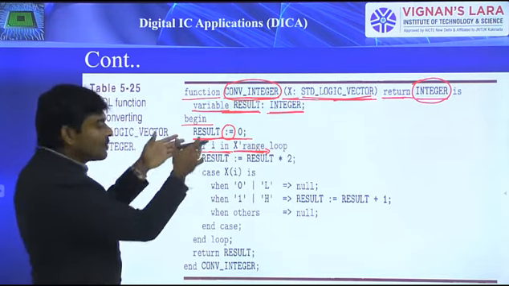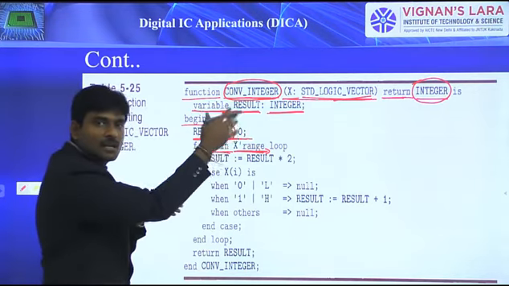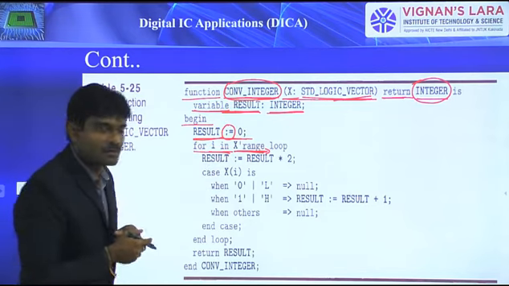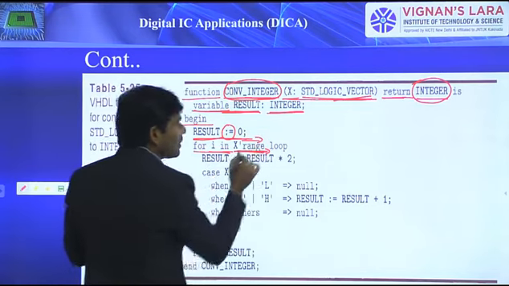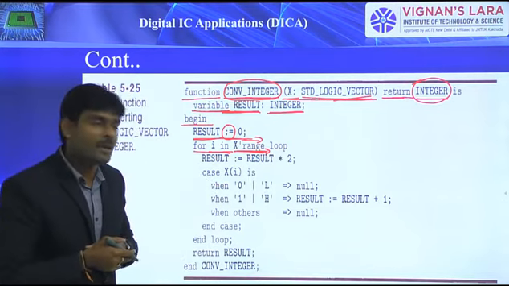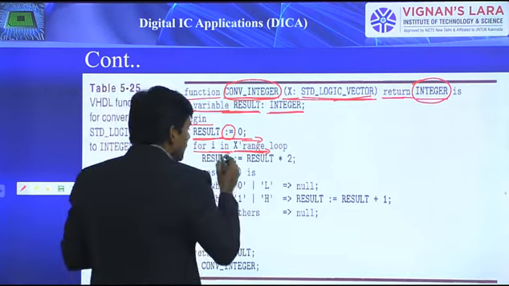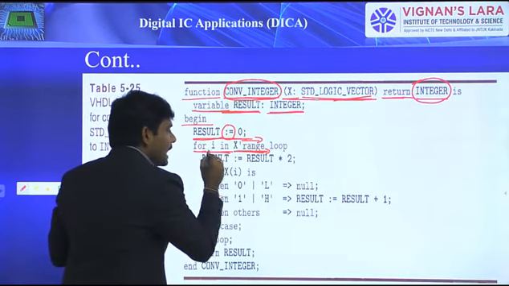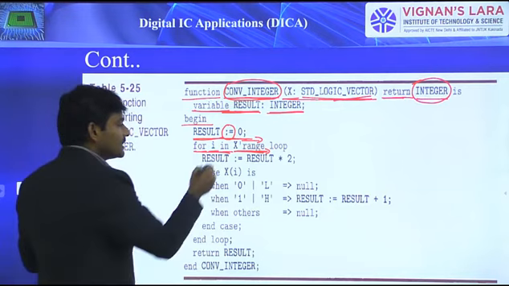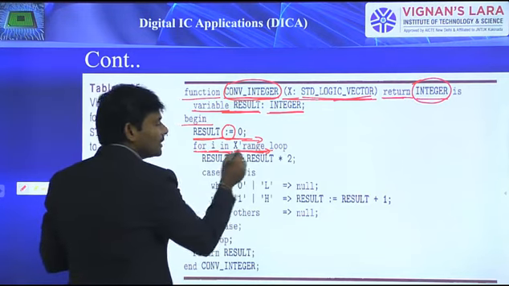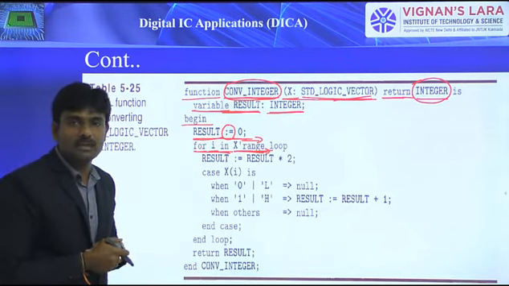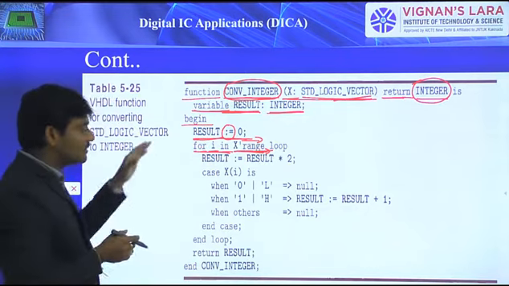If I mention 1 to 4, it means first 1, then 2, 3, 4. If I mention 2 downto 1, it means first 2, then 1. So whatever we mention, we are always supposed to start from the left of that range and go to the right. Here, I is a user defined identifier, a variable. Its type is implicitly declared by default based upon the range values, as already discussed while covering the for loop.